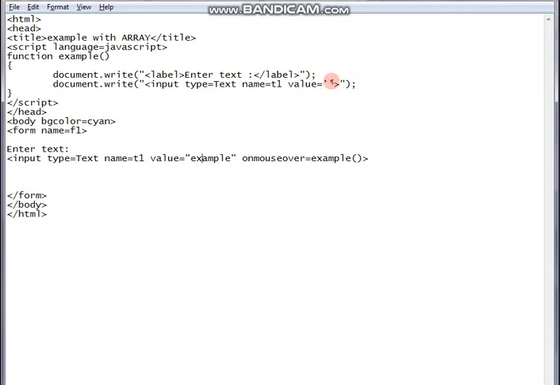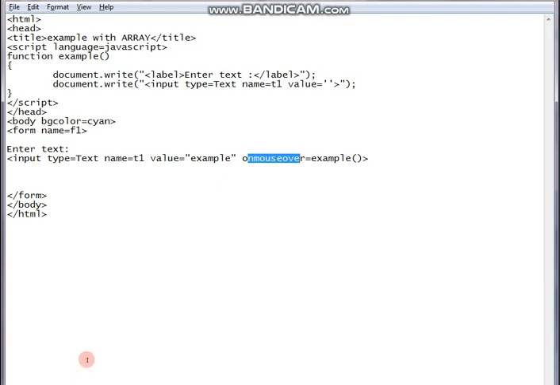One more thing, let me tell you: when you are writing one string within a string, there is a string here, you see, double quote and double quote we wrote. As an HTML command we wrote in JavaScript, so it becomes a string. So string within a string, in that case we have to keep the inner string within single quotes, then only it will be acceptable. Otherwise it will show you errors or problems. Fine. This is all about onmouseover.